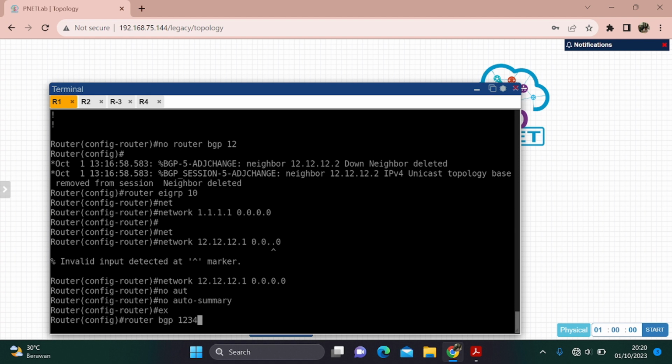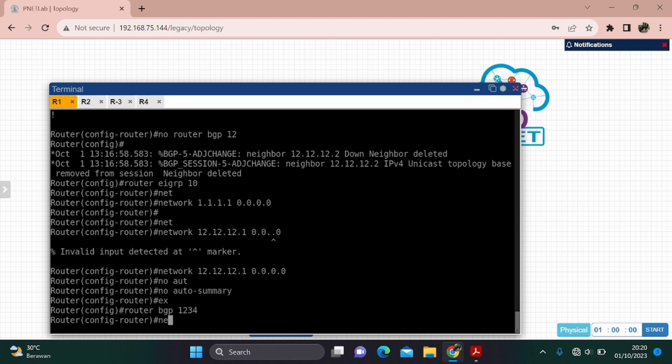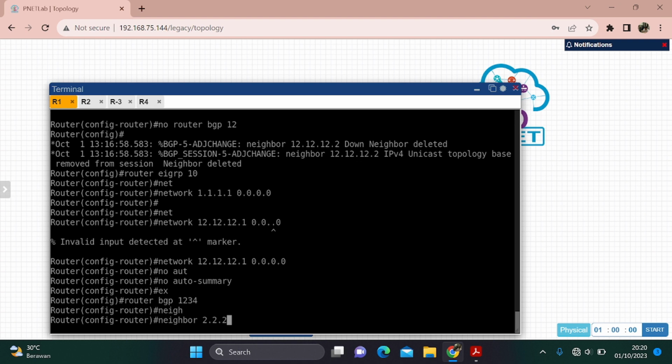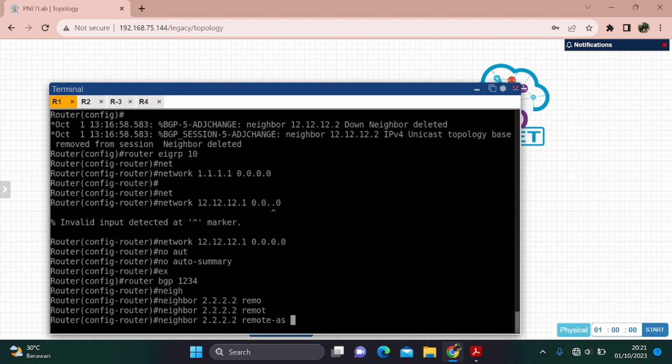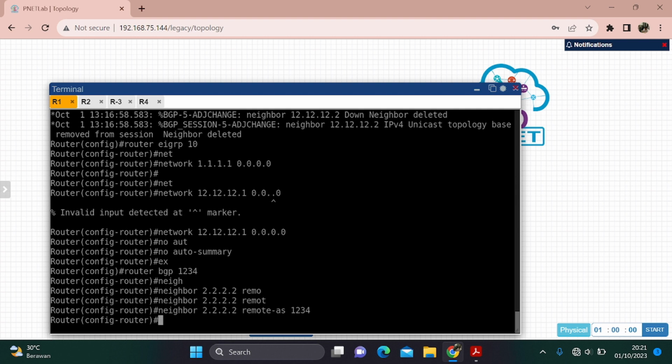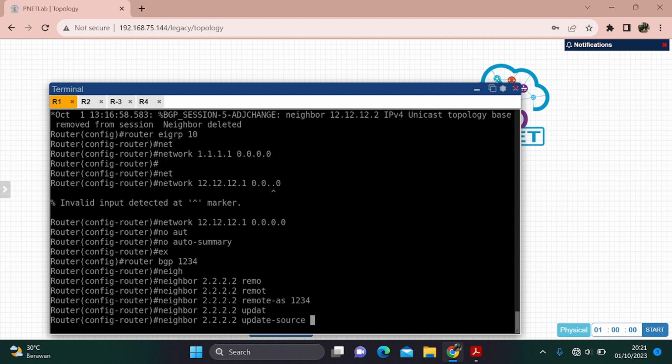router BGP 134, and then neighbor, update source loopback.